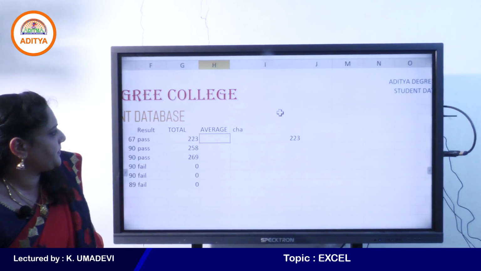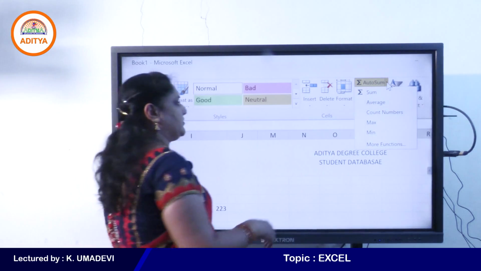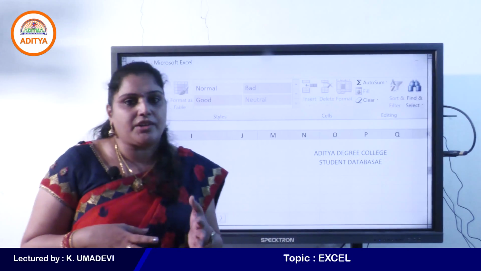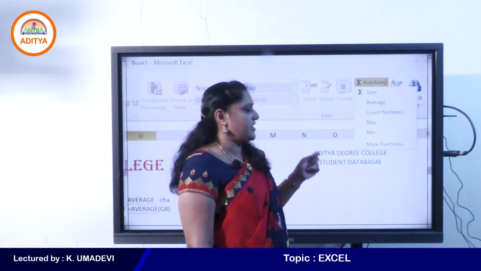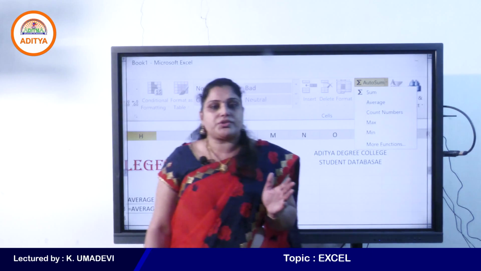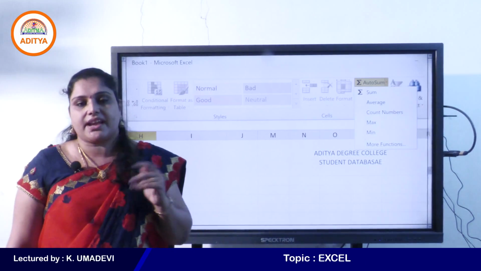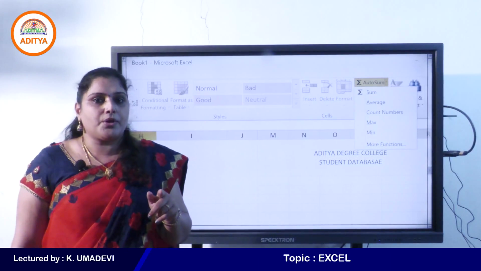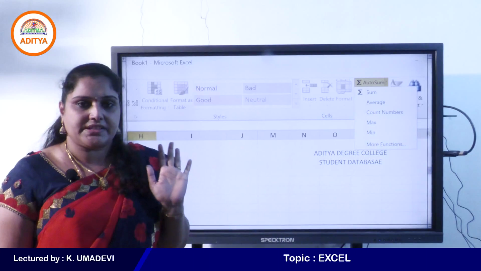Just click on this cell. Go to AutoSum and click on the AutoSum drop-down arrow. See, just click on Average. Why? Because Excel includes some of the common functions in the AutoSum tool, like sum, average, count, max, min, right? Or else you can go to the Formulas tab and select the AVERAGE function under the Statistical functions category, or else you can click on FX on the formula bar to open the Insert Function dialog box. The shortcut key to open the Insert Function dialog box is Shift plus F3, right students?